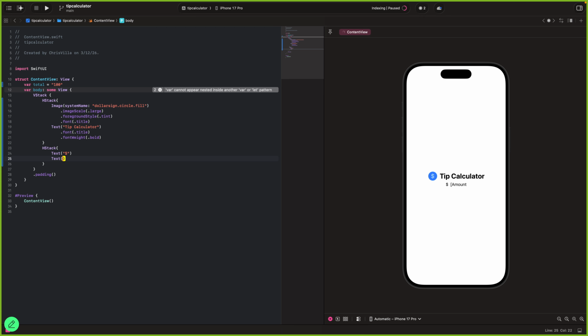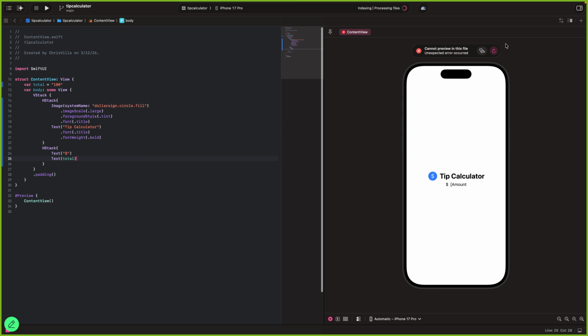And let's display the variable here. Oh, wait, it says something's wrong. Let's try it again.